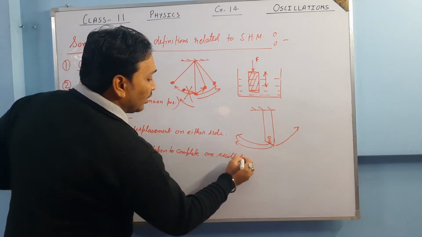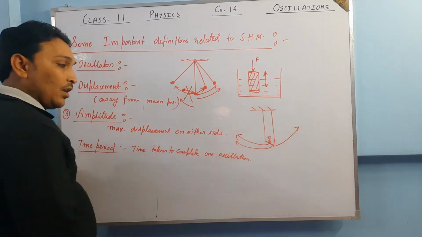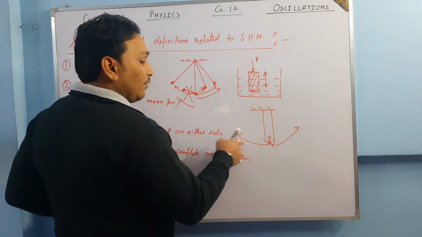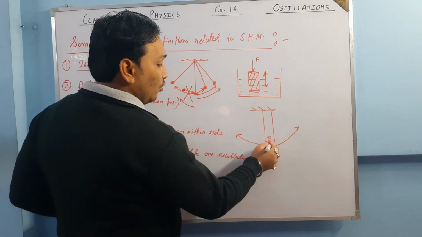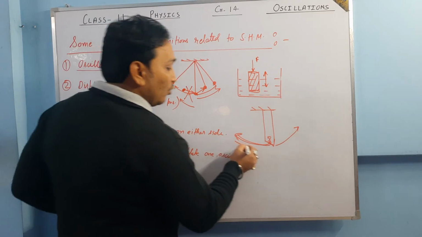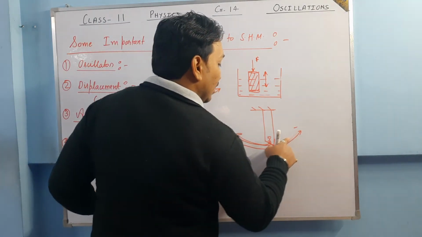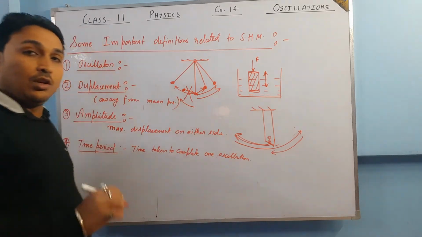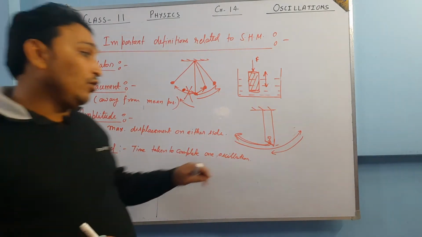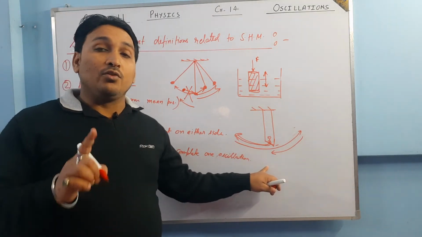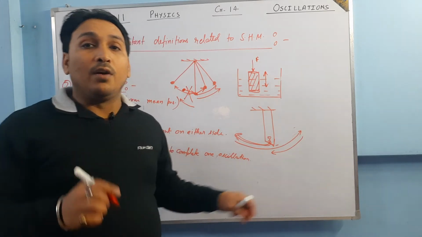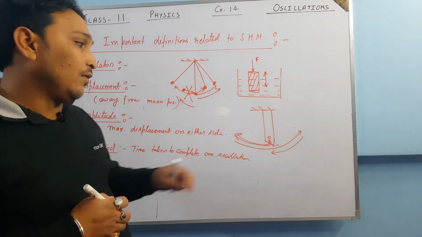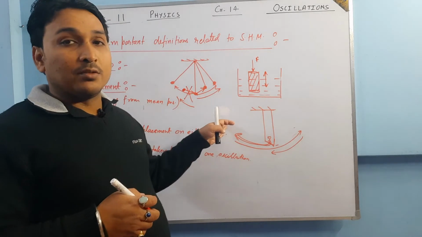When it is said that one oscillation is being done? Suppose you start from the mean position, you go this side, then you go the other side, and then you come back to your mean position. Till this time, you are said to have completed